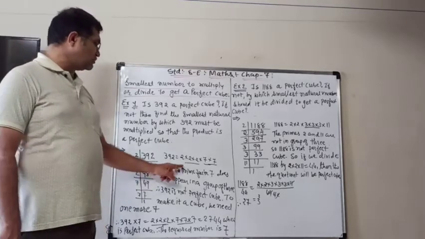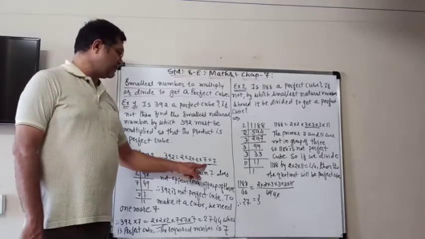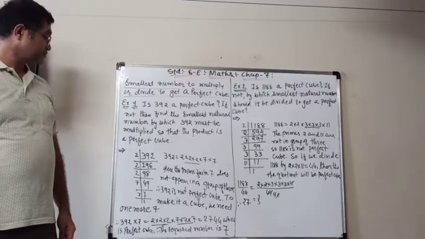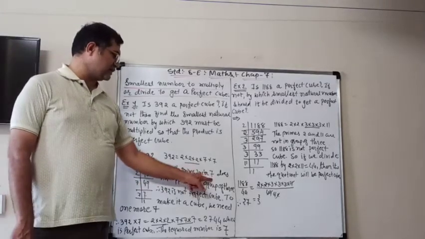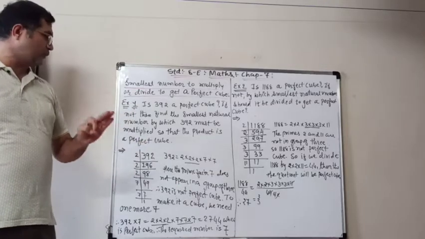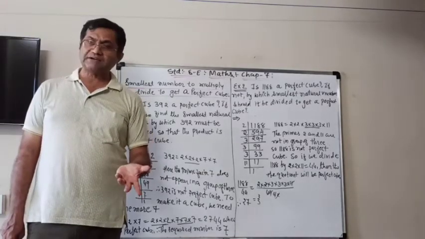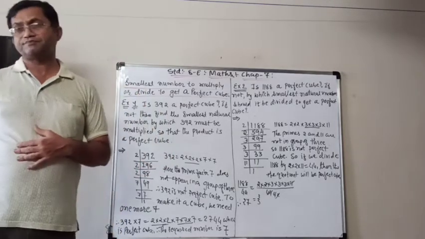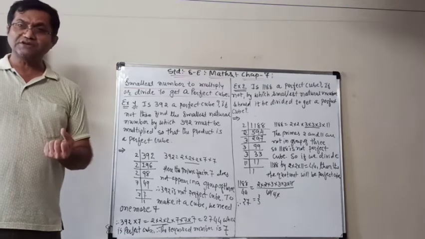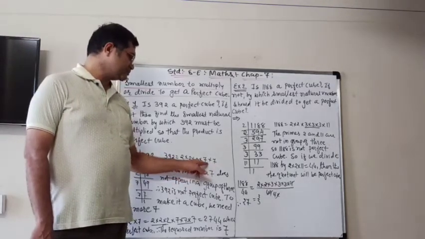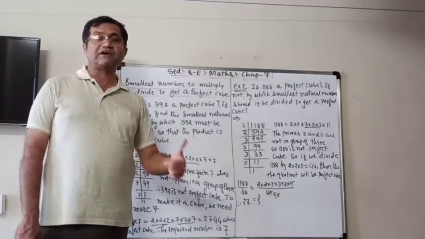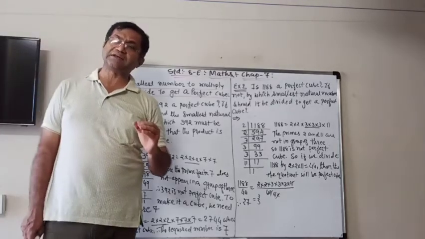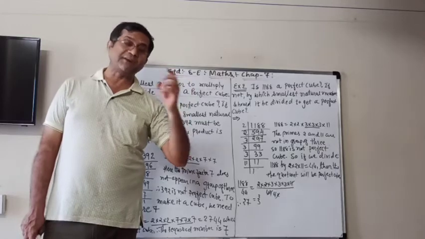So now if you write them down, you can see that 2 multiplied by 2 multiplied by 2 comes 3 times, but 7 does not come 3 times. So here the prime factor 7 does not appear in a group of 3. It means that the number 392 is not a perfect cube. Why is it not a perfect cube? Because the prime factor 2 is in a group of 3, but 7 does not occur in a group of 3. And therefore, we can say that 392 is not a perfect cube.